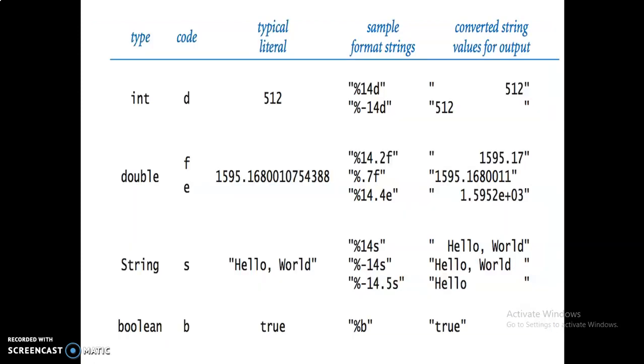Here this is the sample output for the formatted integer, float and strings. For the integer, the data given is 512. In this example, I mentioned percentage WD. W means 14 spaces are allotted here. D for the integer data type. Okay. So here in the output example you have seen there are 14 places, but the output is only 3 digits. The balance are blank spaces. This is the right justification.